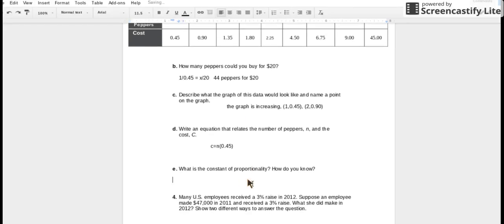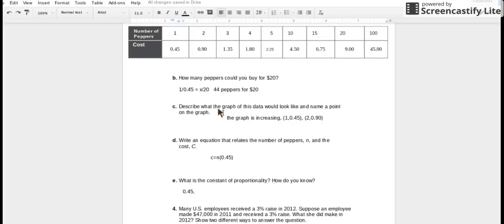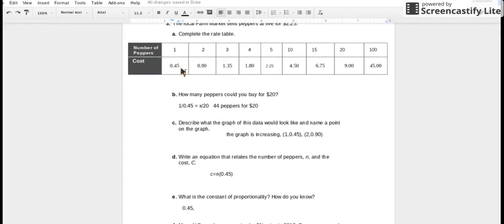Now, what is the constant of proportionality, and how do you know? Well, in an equation, the constant of proportionality is the number multiplied to the variable, or matched up against the variable. So it's going to be 45 hundredths. Well, how do you know? We can explain that in an equation, the number matched up to the variable is your constant of proportionality. Or you can also say,